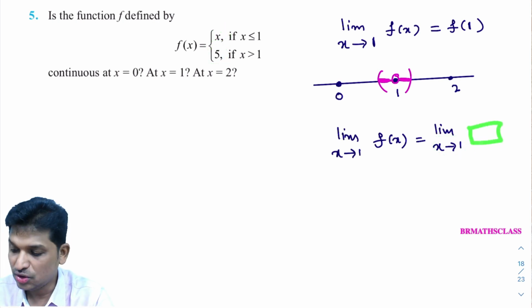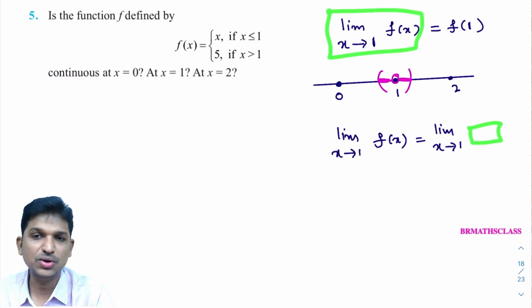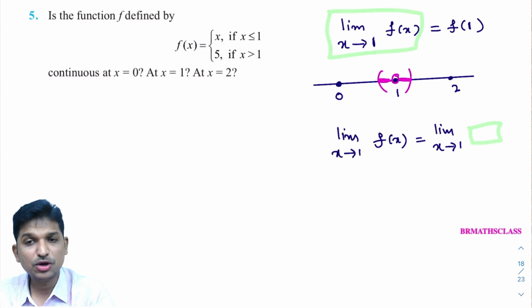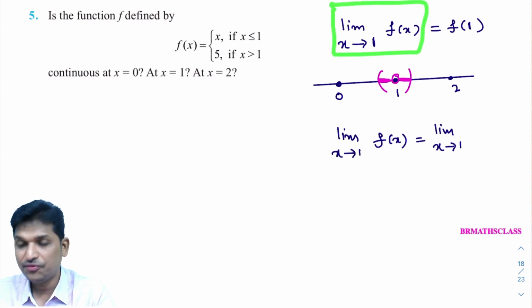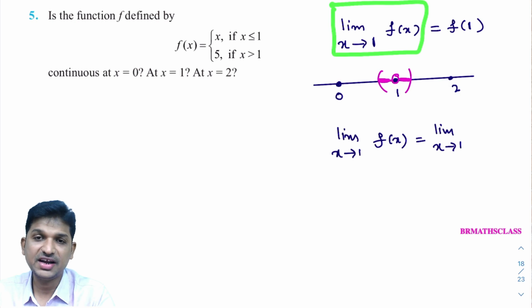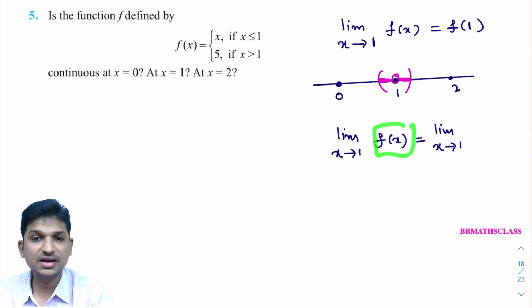In that case, to calculate limit x extends to 1 of f of x, we need to calculate the left hand limit at x equal to 1 and the right hand limit at x equal to 1. This is important. Till now, in the problems I did in this exercise, I did not use the left hand limit and right hand limit. You can go back and check those videos. This is the first problem. To choose the function, I have a confusion. In that case, left hand limit and right hand limit are very useful.